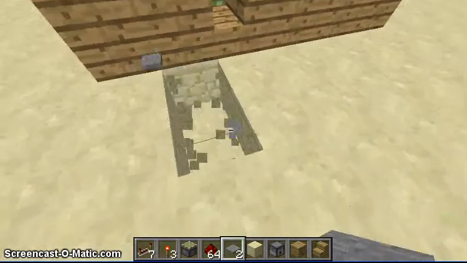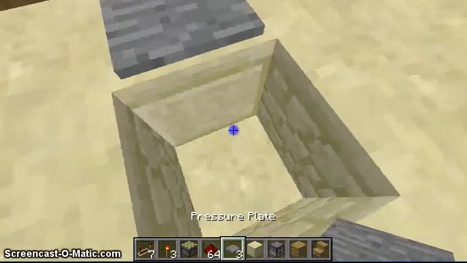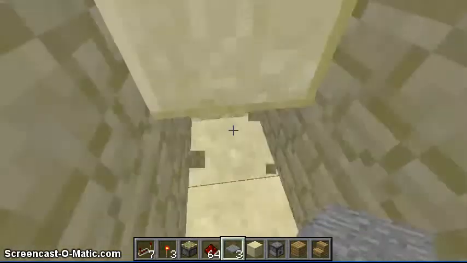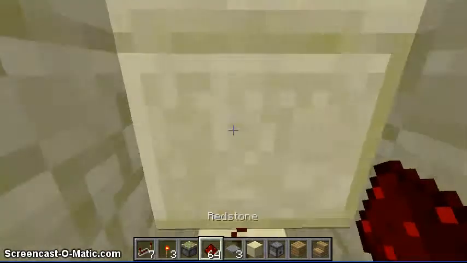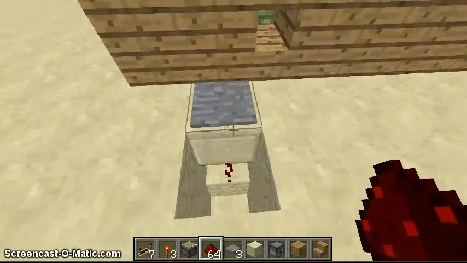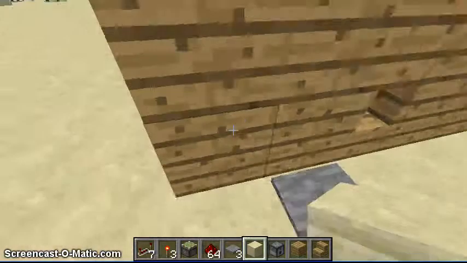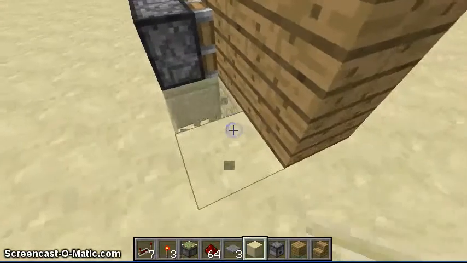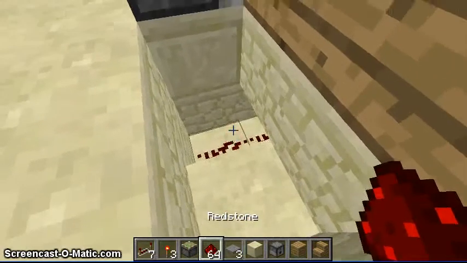And so I'm mainly just going to be talking. I guess I could be doing something more productive by talking about what I'm building. But basically, you press on the pressure plate, it will light up the redstone, and then the redstone will activate all of the pistons. That's what I'm working toward, at least. So if we do...